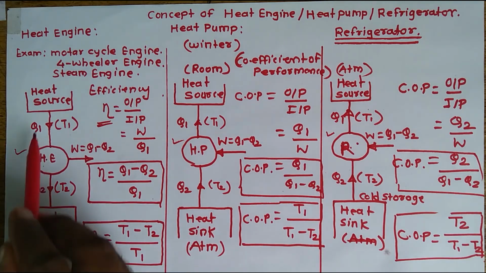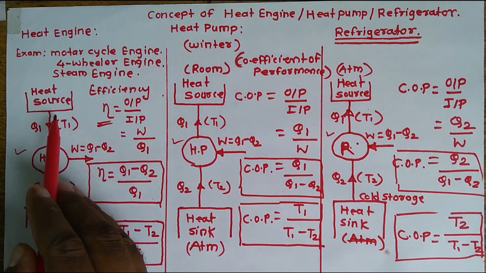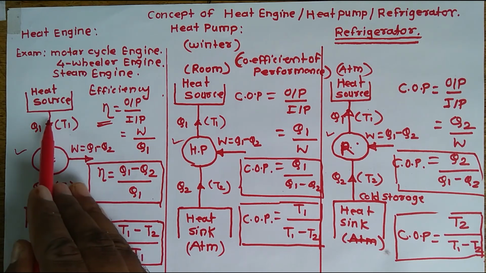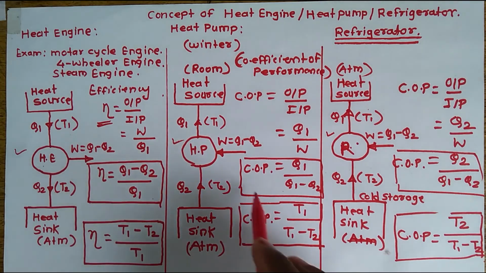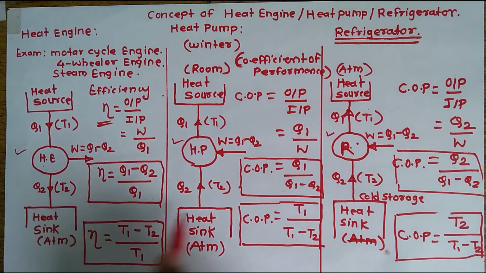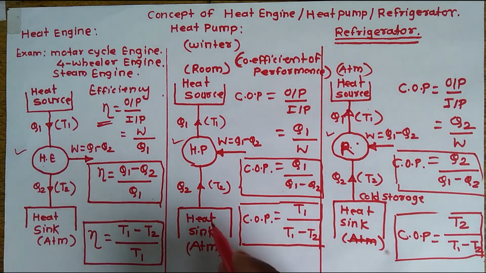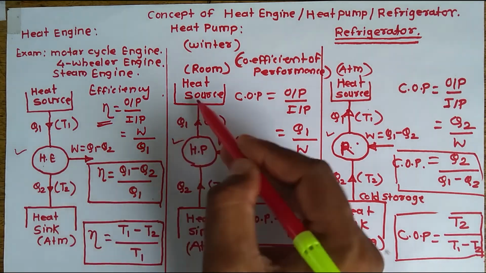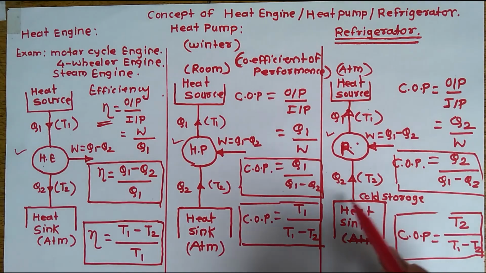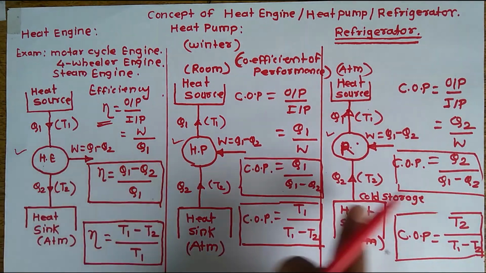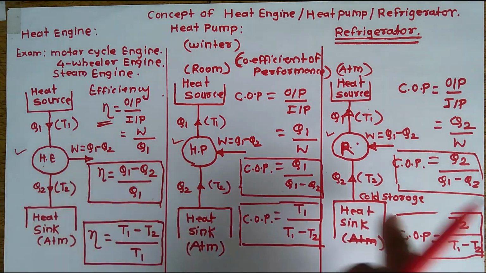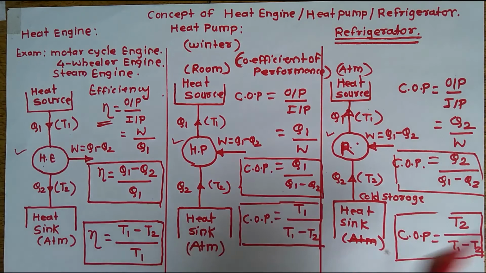Okay, so here the direction of the heat is important. Here the heat is transferring from source to cold source. Here what will happen, here we have to work against the natural law. So here we have to absorb the heat from the atmosphere and supply heat to the room. So here also we have to work against the natural law. Here we have to absorb the heat from cold storage and supply that heat to the atmosphere. So that will be the difference. If you remember those three figures, you can easily solve problems on those three systems. Okay.